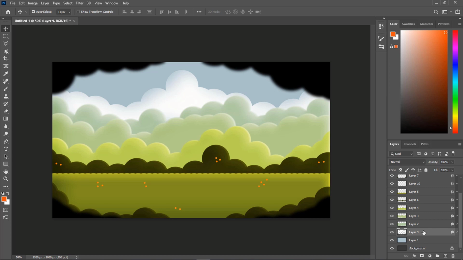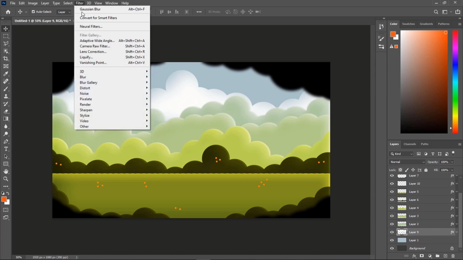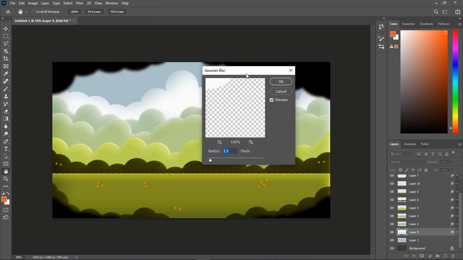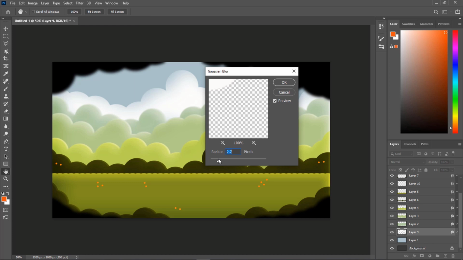Let's add that also to our clouds. Let's go to filter, blur, Gaussian blur, and maybe